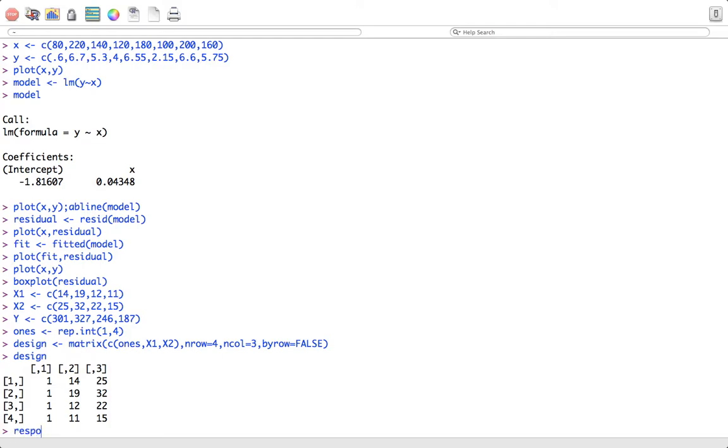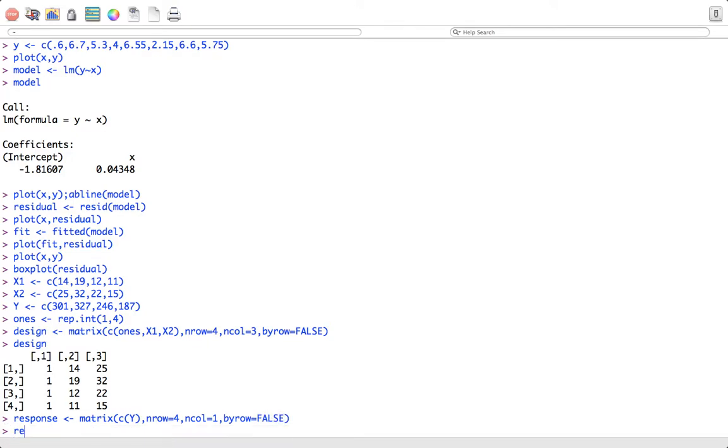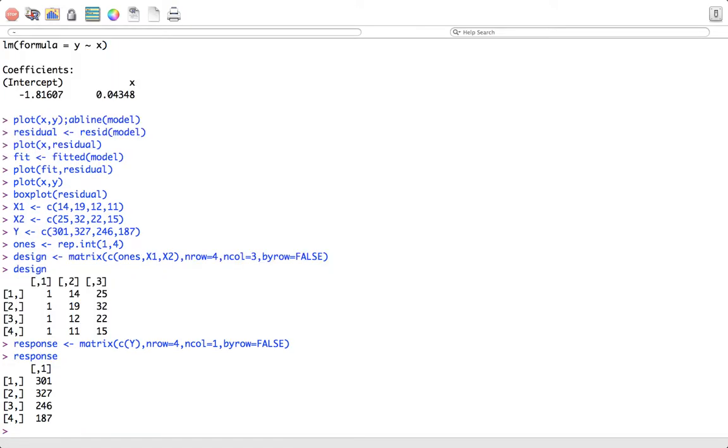Now my response vector is going to be the y's. So I want to put those like this. And nrow is going to be equal to 4, ncol is equal to 1, and byrow is equal to false as well. So let's make sure the response vector is what I need. So gang, I've got everything I need to create my